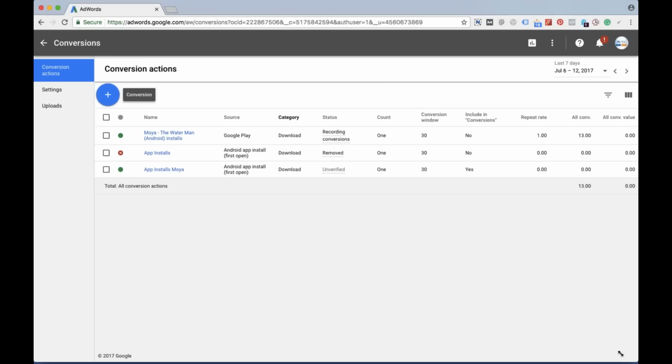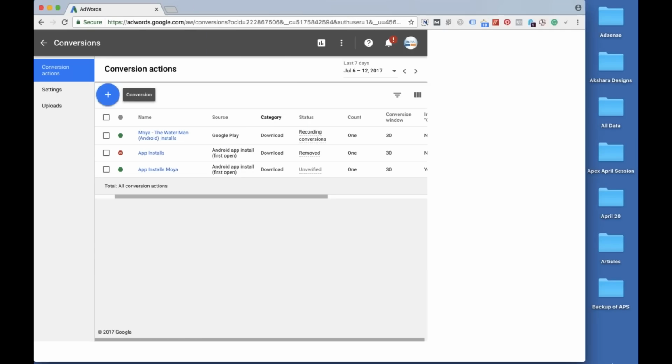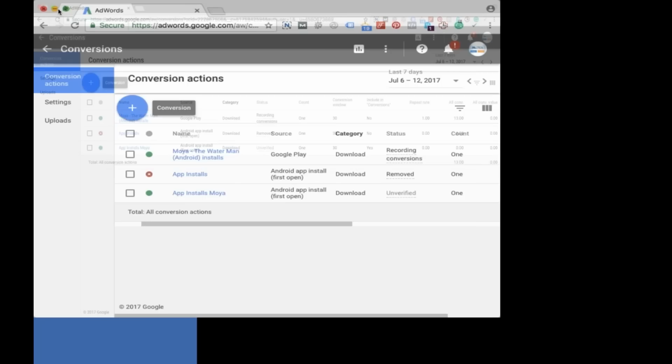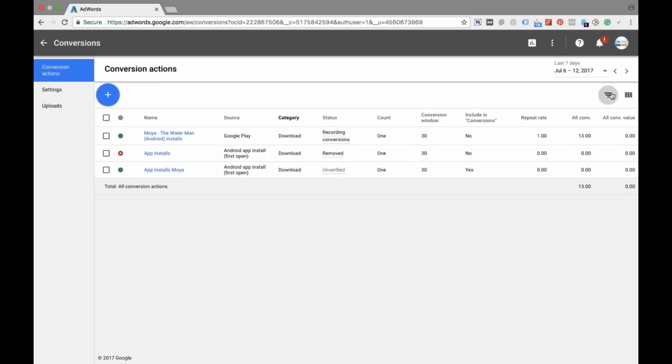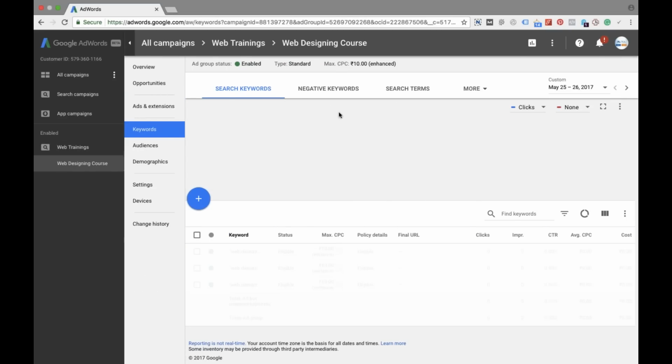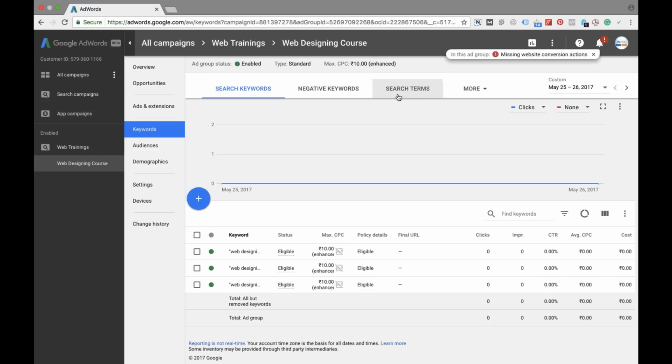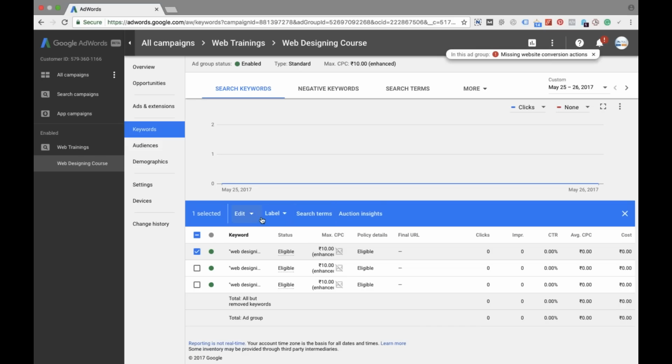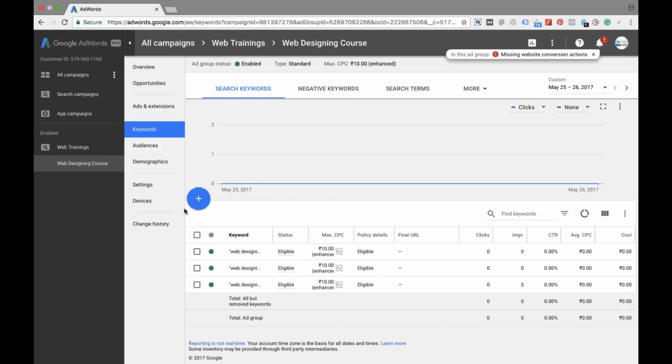So are they following the Google material design concept for the layout, I believe. Yeah, but almost fine. It's almost a similar concept, right? Let's see what changed. Search keywords, negative keywords, search terms, almost the same. Auction insights, okay. So the graph which we used to have regularly, yeah. Show, and which type of keywords you want to see. Same. We can add labels, auction insights, search terms. That's fine. Very nice, interesting.